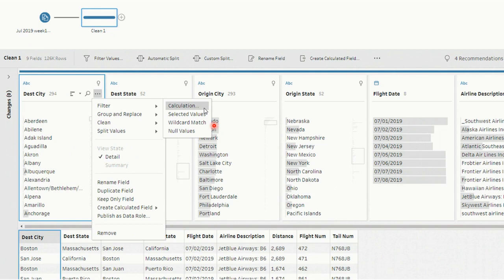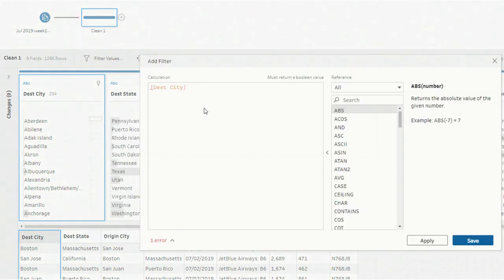So in filtering, you can see the various options. Based on your need, you can proceed. If you want to exclude, you can click exclude. If you want to include, you can click include. If you want the selected fields, you can keep them. And if you want to use calculations in order to filter the records, you can do it.